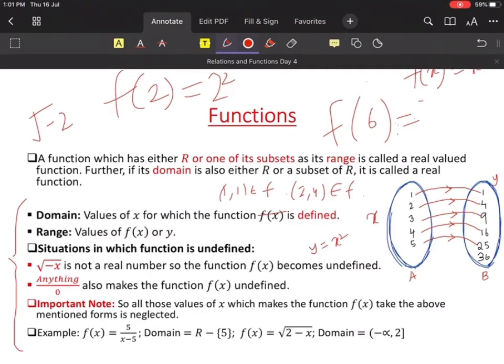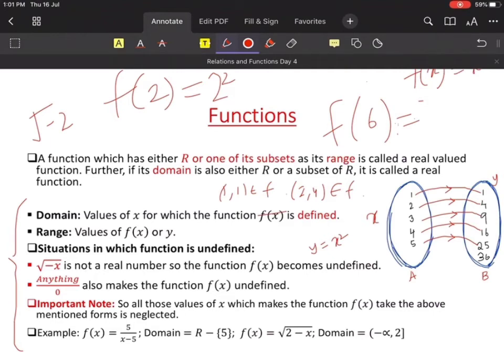I think this one everybody knows. 1 by 0 is what? What is the value of 1 by 0? Undefined. What is the value of 5 by 0? 0. Wow. It is also undefined. It's not 0. Anything divided by 0 is undefined. Am I clear? But there is one exception which you will learn when you learn the chapter limits. So forget about the exception.